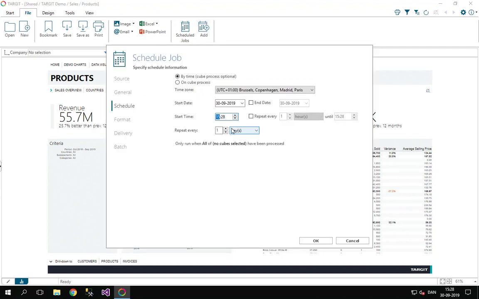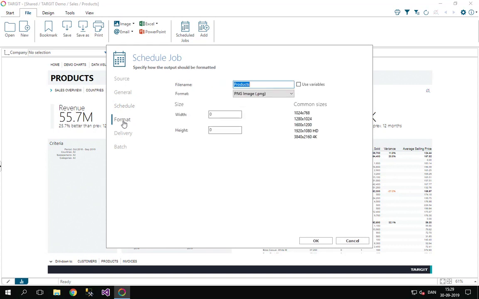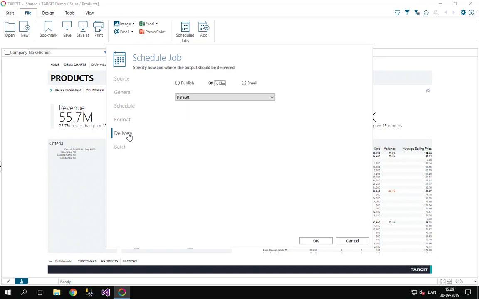Let's just set it up. Maybe this is a job that should be running from 7 a.m. in the morning, repeating once every hour until 8 o'clock in the evening, like this. And the format should actually just produce an HTML output, this one here, and delivery will be using this new